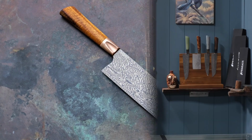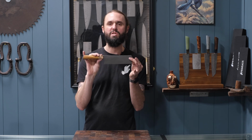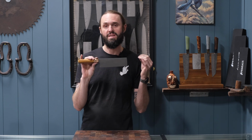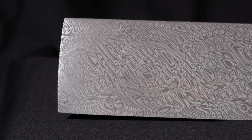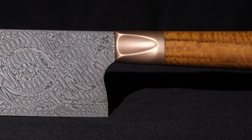Next up, we've got this Nakiri knife. Now, this is made with the Damasteel Graphic pattern. This is their newest pattern, and they say it's their most chaotic, and I have to agree with that. I did a really nice matte finish on this piece with a special copper bronze bolster and a curly Nara